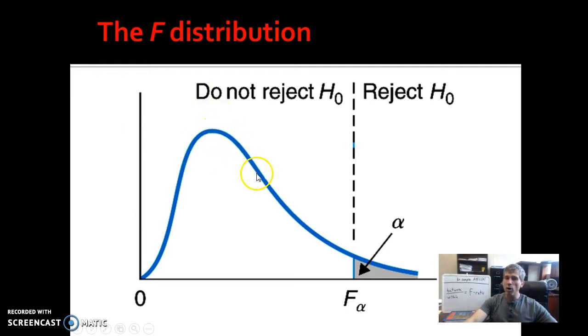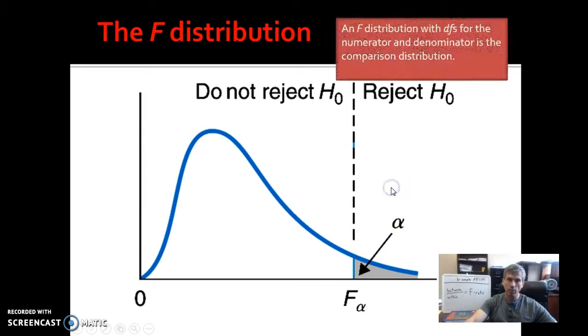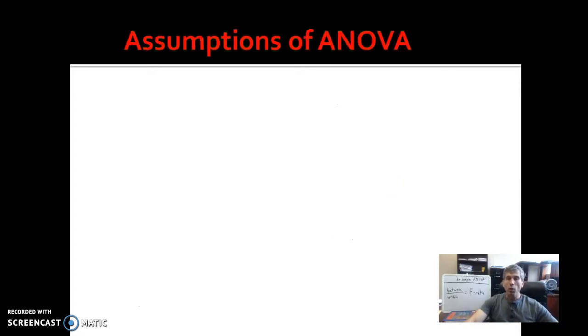The farther above 1 you get, the more improbable those ratios become if the null is true. And when you get past a certain point, defined by alpha and degrees of freedom, you'll be in that region of rejection. You're going to be able to reject the null. And again, we define the shape of this by saying it's an F distribution, also calculating those 2 different degrees of freedom. We'll wrap things up with a little bit of house cleaning, some of the assumptions that we make